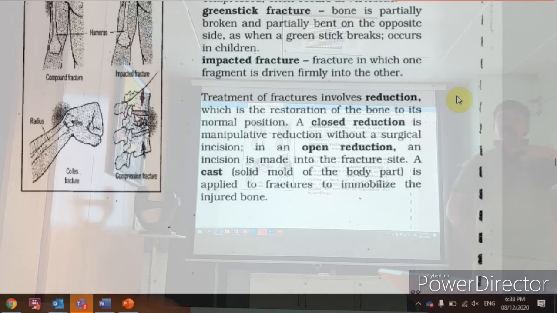Sometimes it is too much, and in the leg they put a plate. Remember they put a plate and all, they try to fuse this. Then they do stabilization. Once you do a reduction, immobilization is done. And then the stabilization is done, and six weeks or so of time is given to it. But when the POP and stuff is put on, usually the activity of that particular organ is not there for a long period of time.